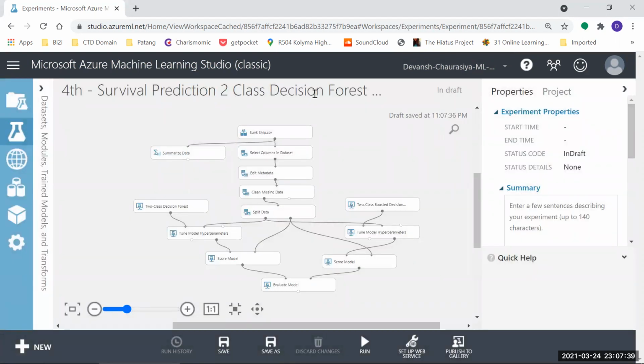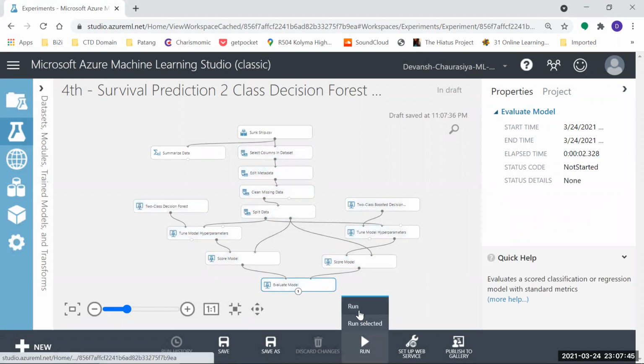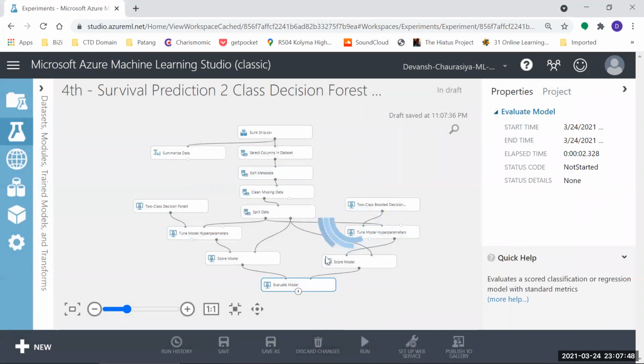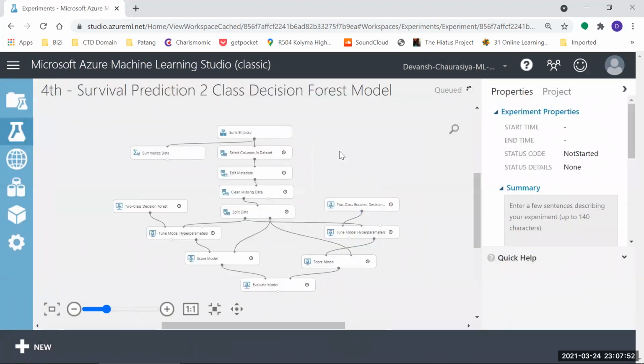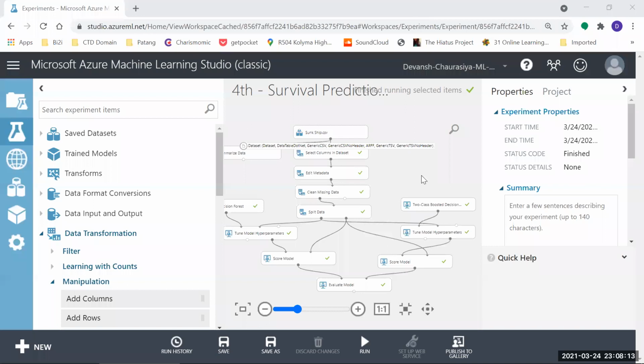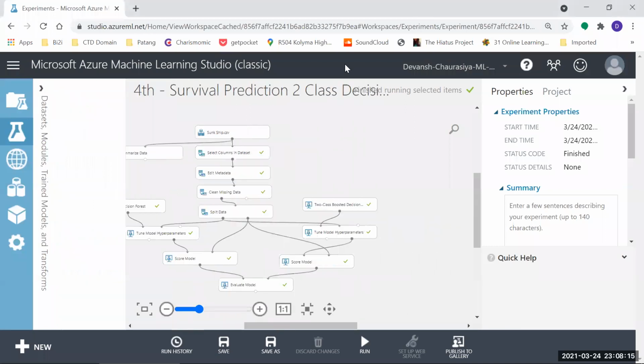So this fourth one is ready to deploy, and I need to run the evaluation model, run selected. It'll take a little while. It's running. Now it is finished running.